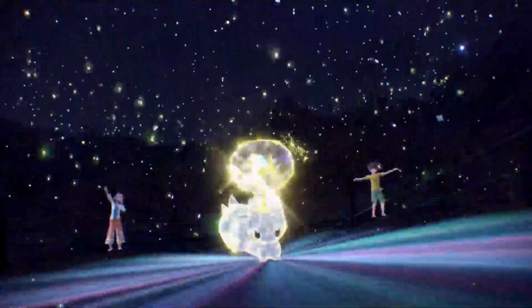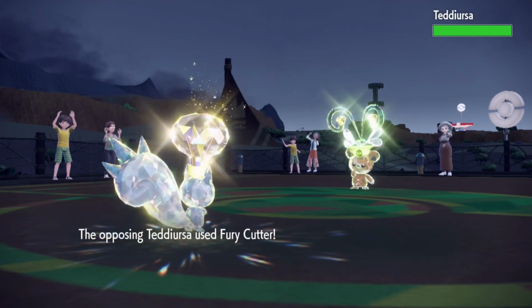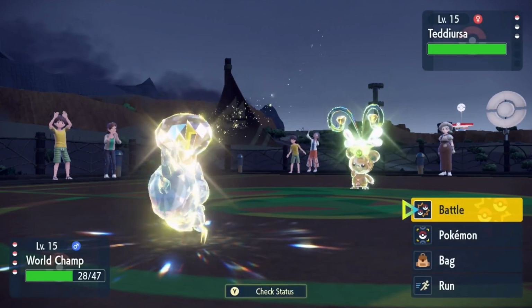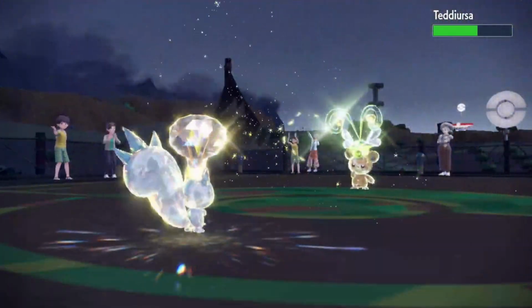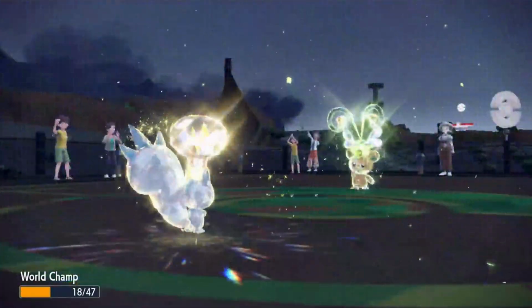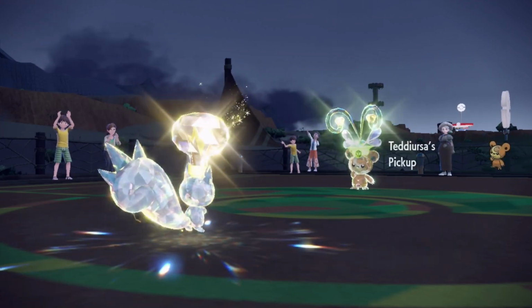I respond with a Terra of my own, but instead of attacking, I opt to drop Teddiursa's attack 2 stages with Charm. A dodged Fury Cutter here is massive for the team, as I can now spark for just under half the bear's health. Another bug-type slash is healed off by a held Oranberry, but then Pickup grants our opponent